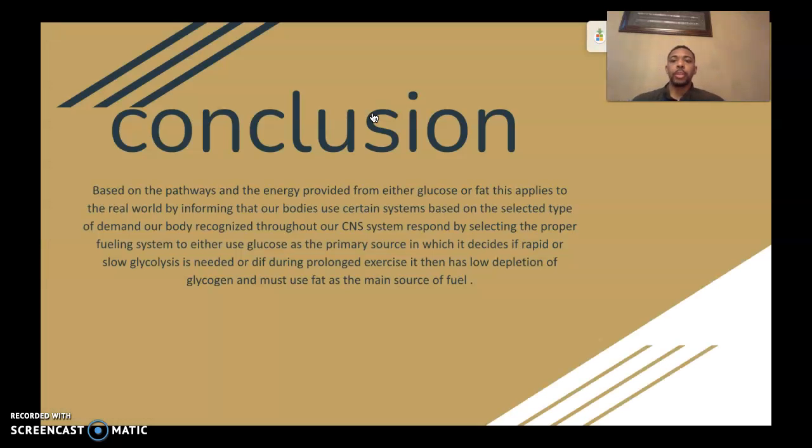So in conclusion, based on the pathways and the energy provided from either glucose or fat, this applies to the real world by informing that our bodies use certain systems based on the selected type of demand our body recognizes throughout our central nervous system. And in response to that, it selects whether to use the fueling system of glucose because of either a rapid movement or a light or moderate exercise, or our glycogen stores have been depleted, which makes our bodies use fats as a fuel source because of its stored energy and high amounts of